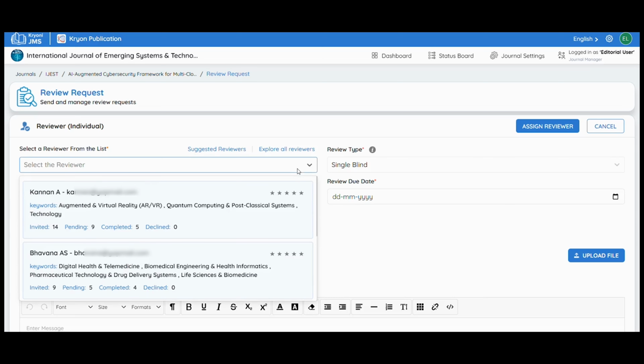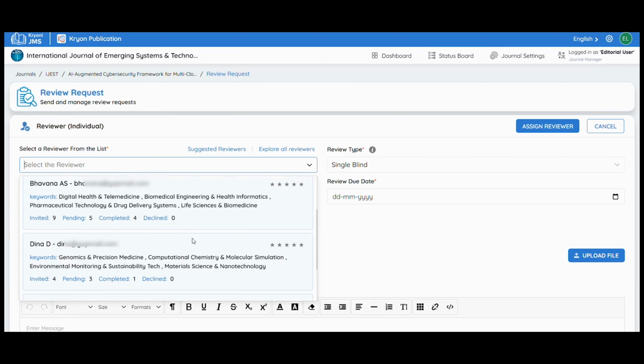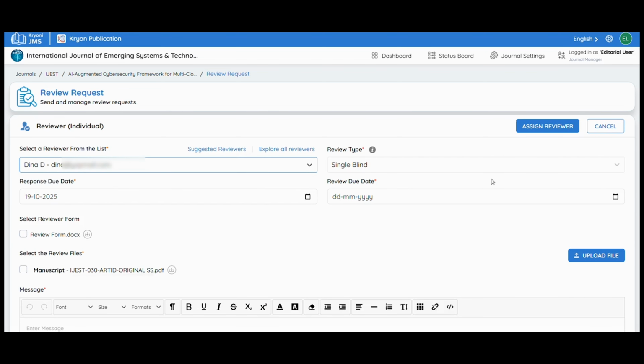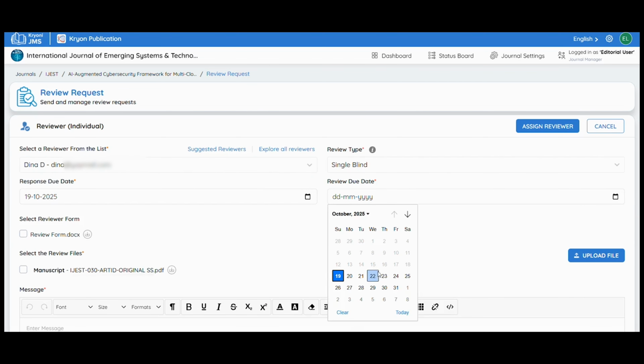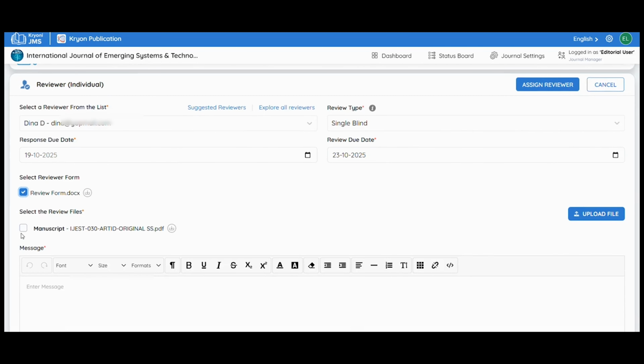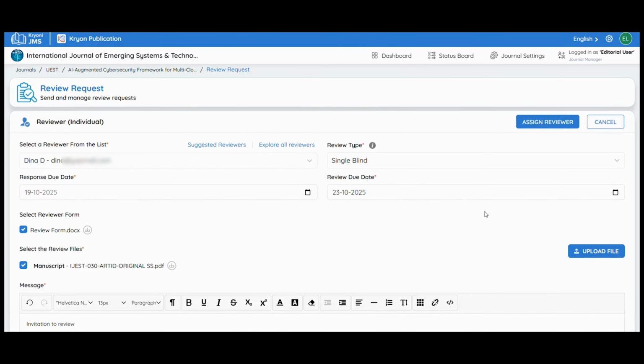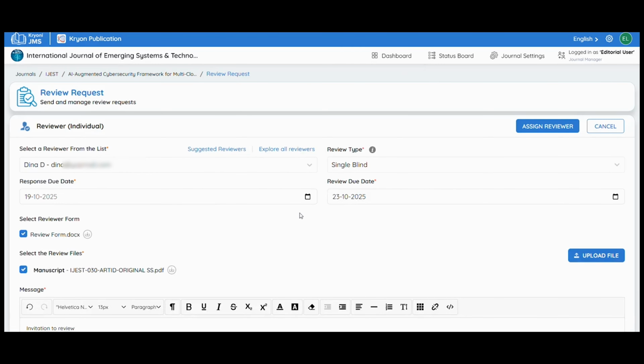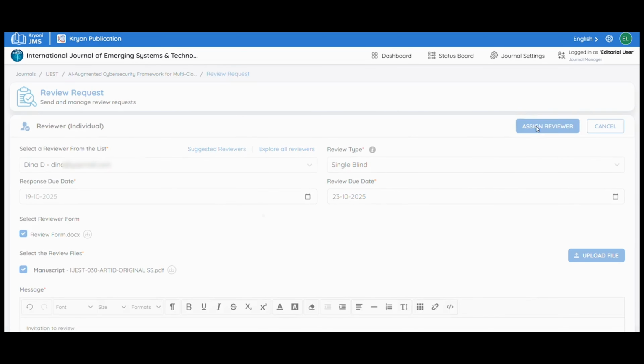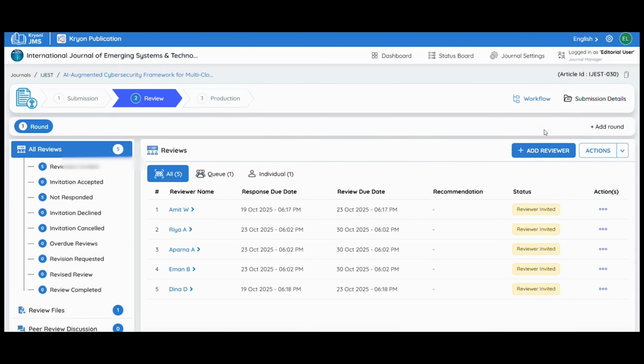They can invite the reviewer from the list as an individual reviewer, and select the review type, review due date, the review form and review files, and enter the welcome message. The queue concept doesn't work here. So once after entering all the details, hit assign reviewer.